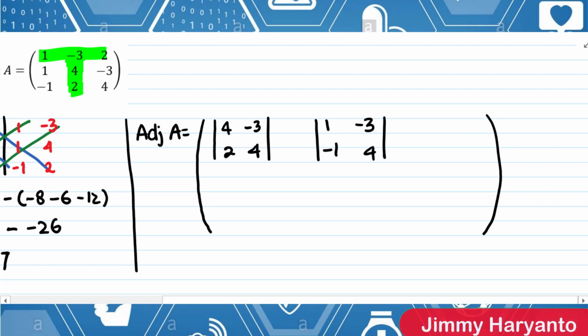Usually when you move to the right in matrix multiplication, it's also like this. When you move the column to the right, you write the answer on the right. But this time, for the adjoint, you have to do the reverse. When you move to the right side, the results will be on the bottom like this. So when you move to -3, the numbers are not written to its right, but below it. Below it becomes 1, -3, -1, and 4.